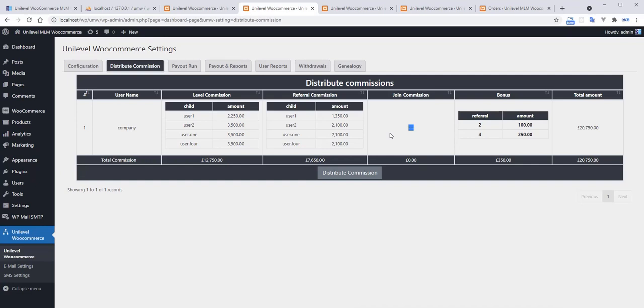The first user registers directly in the system and does not need to place an order to be a paid member. That is not required for the company, which is the root user of the multi-level marketing.